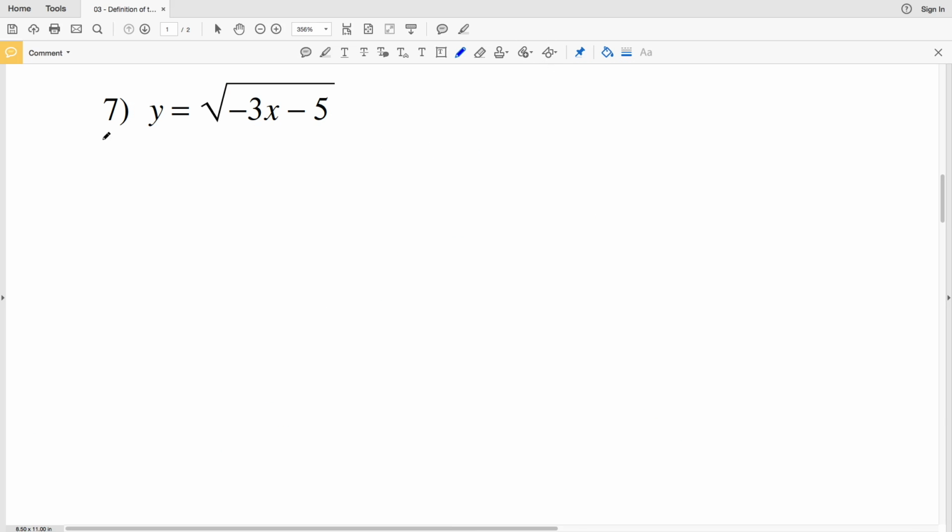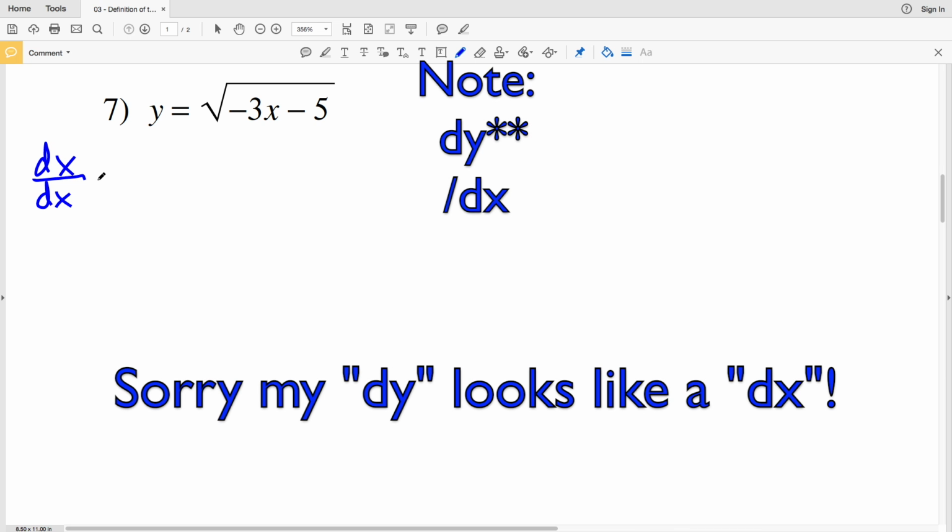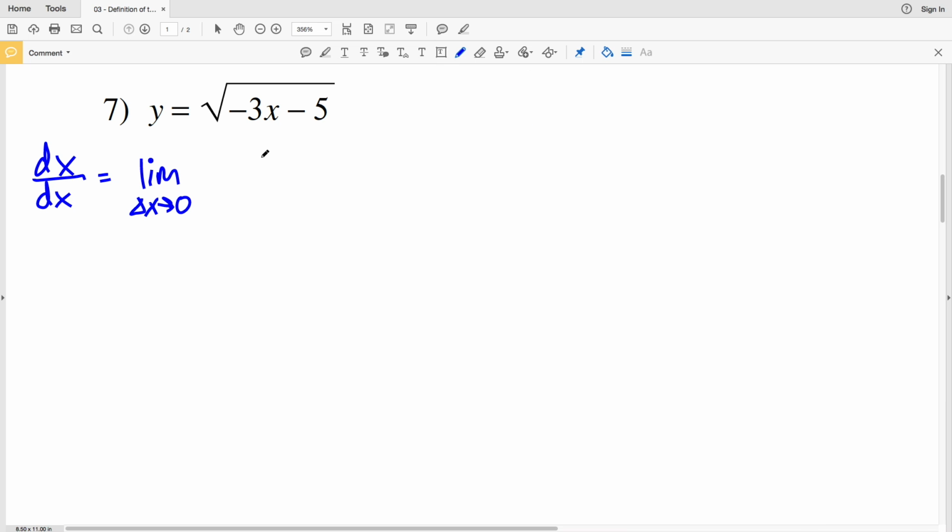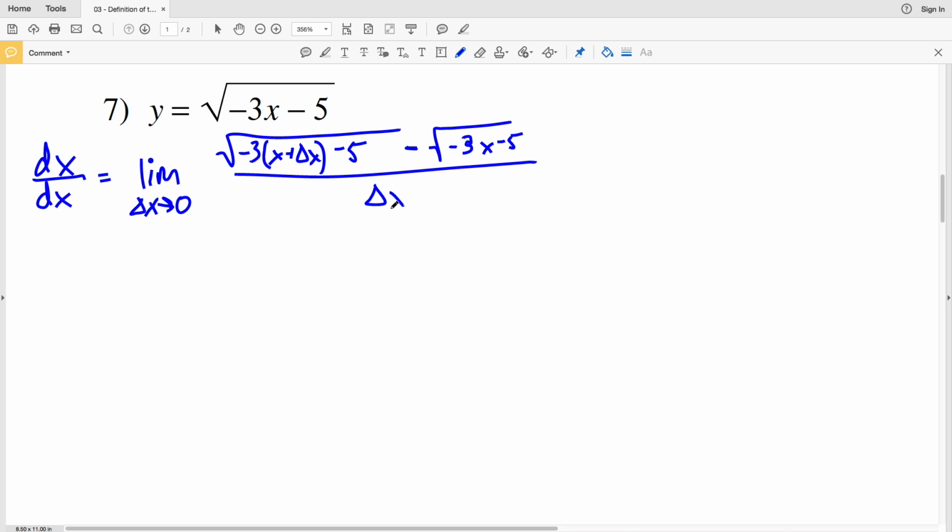So in number 7, we're finding the derivative of y with respect to x, dy dx. And that's going to equal the limit as delta x approaches 0 of f of x plus delta x. So that's going to be the square root of negative 3 times x plus delta x minus 5 minus negative 3x minus 5, and that's all over delta x. F of x plus delta x minus f of x all over delta x,